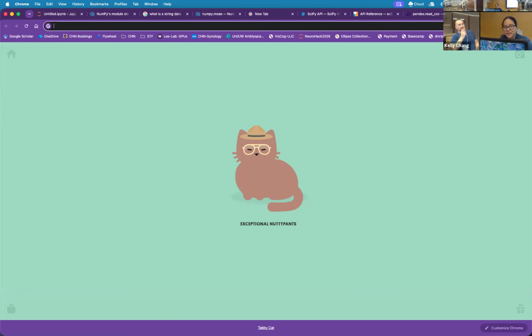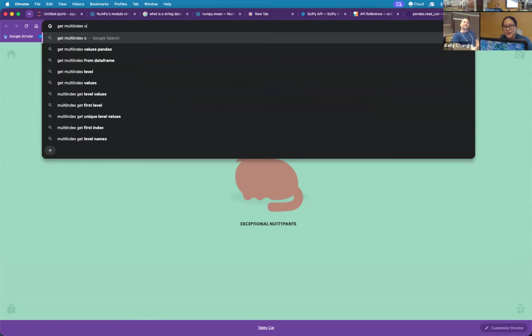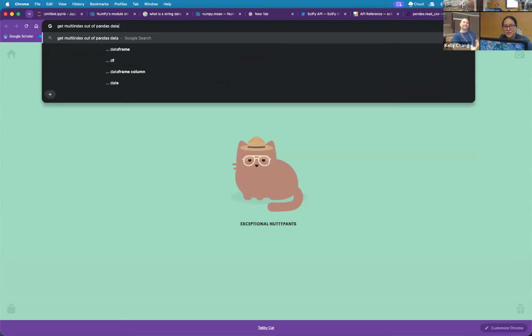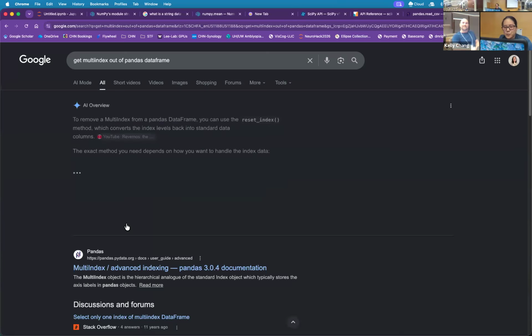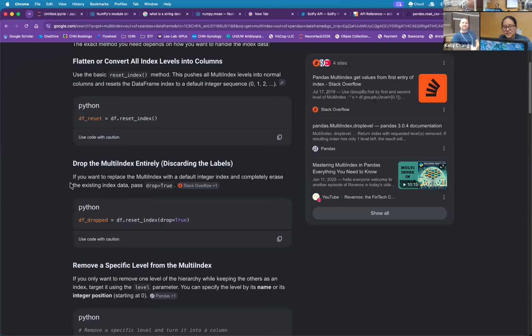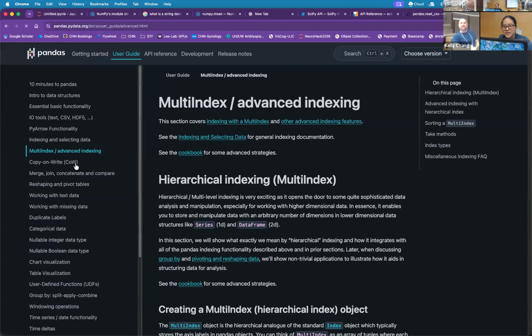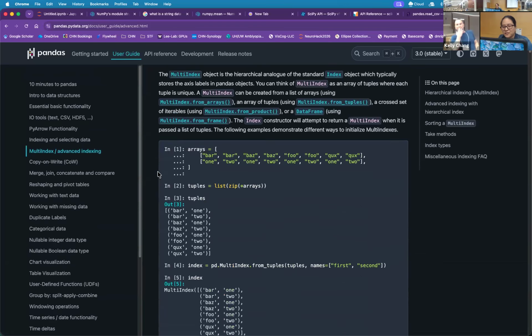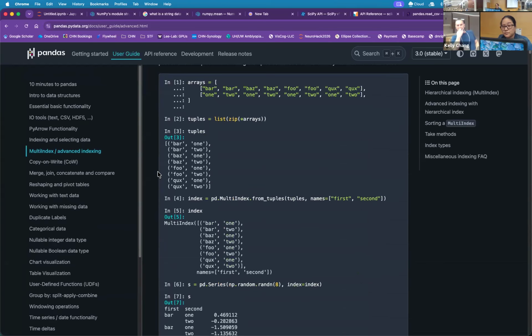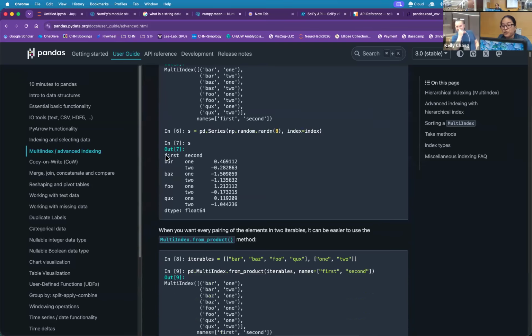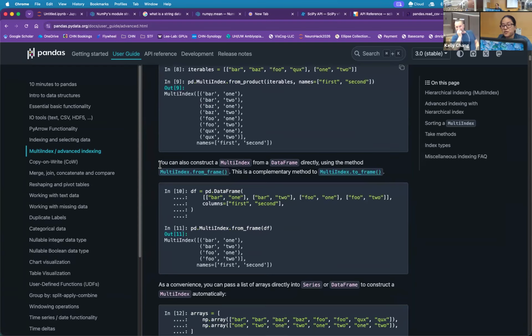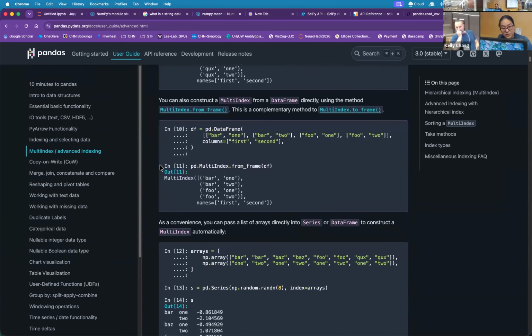Well, get multi-index out of a pandas data frame. Welcome to the AI overlords. Reset level. No, amazing, they don't tell me. I'm not 100% sure you can do this. I'm pretty sure you can, but I might just be confident for no reason.